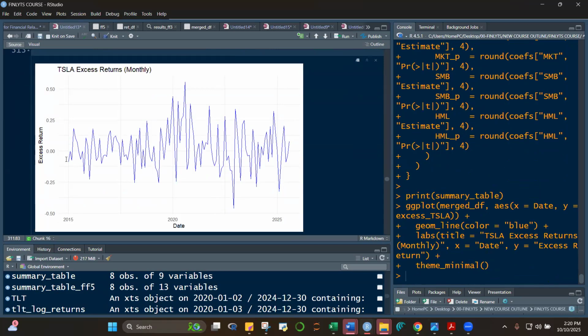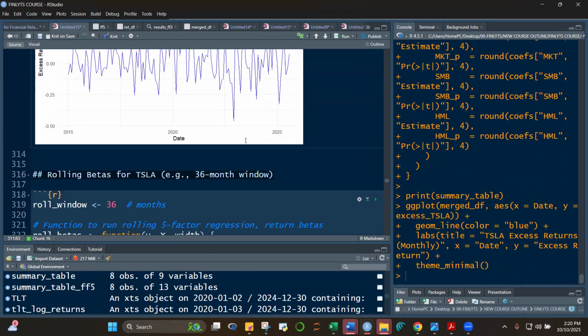There are some ups here, especially during the COVID, no? And then here, 2024 perhaps. So there was a change here. These are the excess returns. The others are quite uniform, but here there seems to be a structural change,